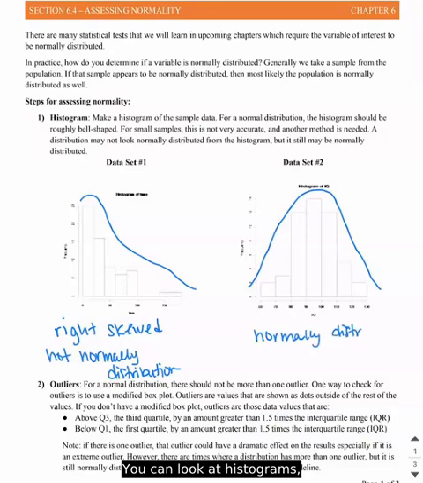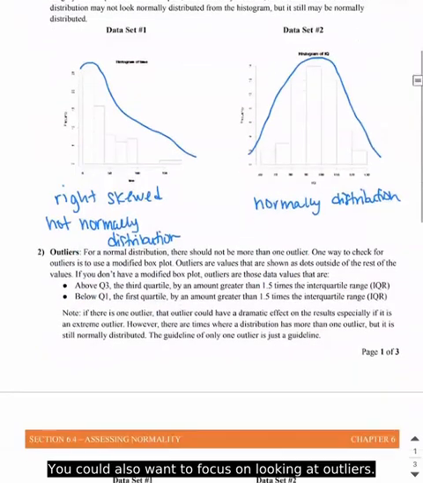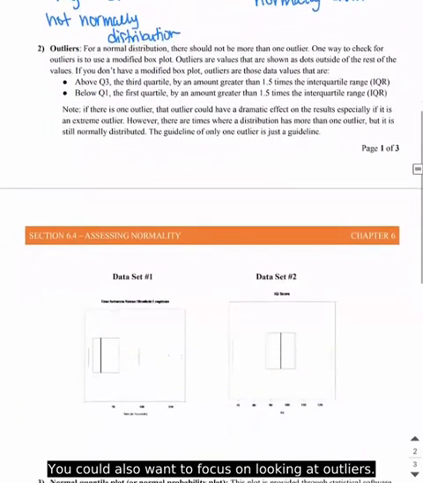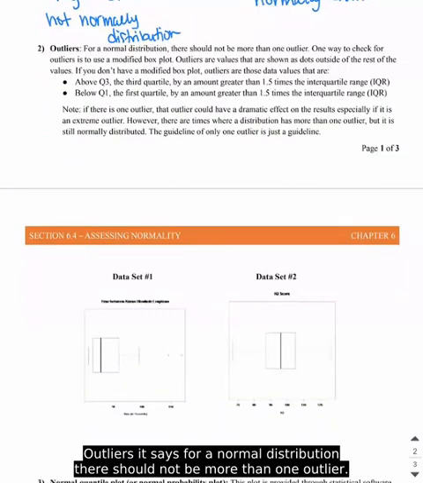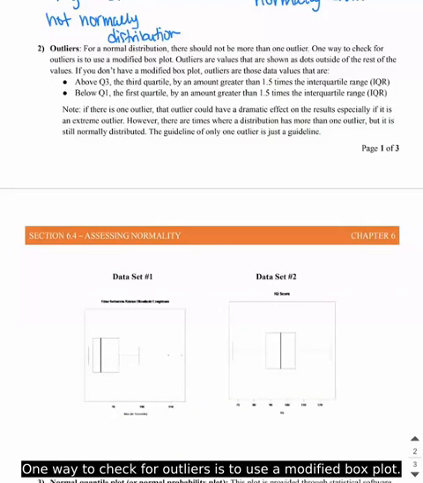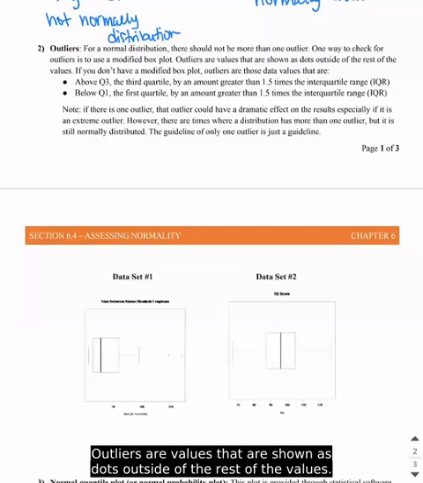You can look at histograms just to see in general what the data might look like. You also want to focus on looking at outliers. For a normal distribution, there should not be more than one outlier. One way to check for outliers is to use a modified box plot. Outliers are values that are shown as dots outside of the rest of the values. If you don't have a modified box plot, outliers are those data values that are